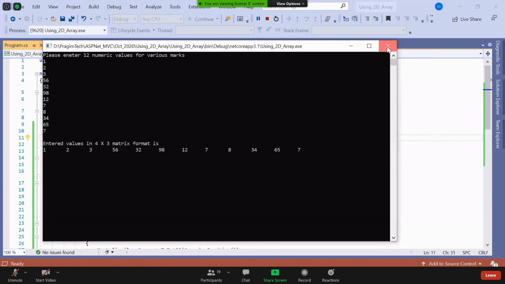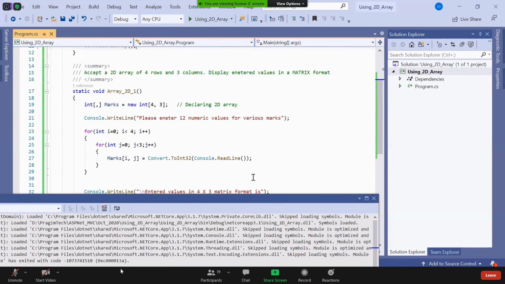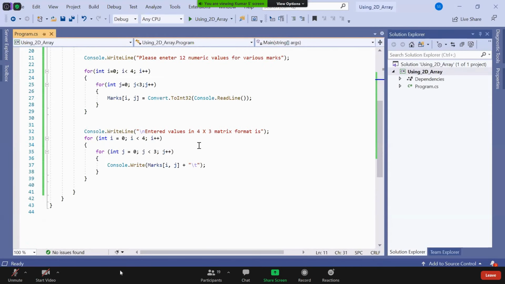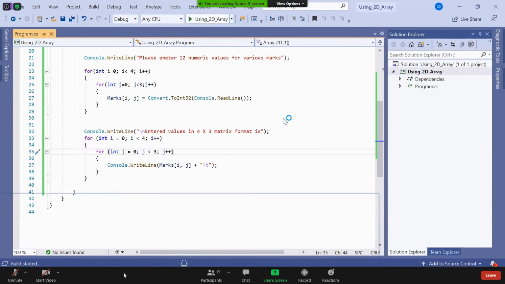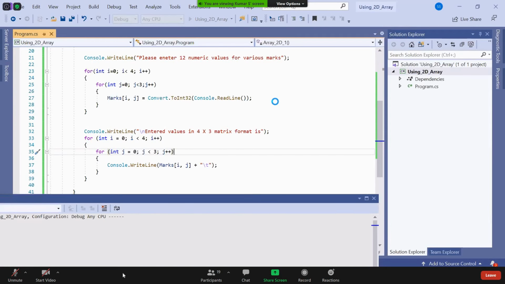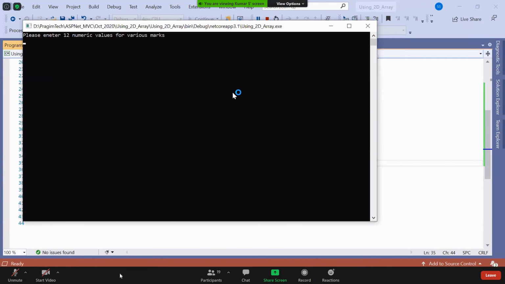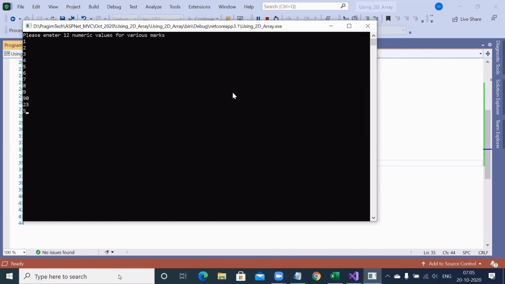When I'm saying write line, it is displaying with no problem, but it will display all in new lines. That means our requirement is not matching with write, not even matching with write line.